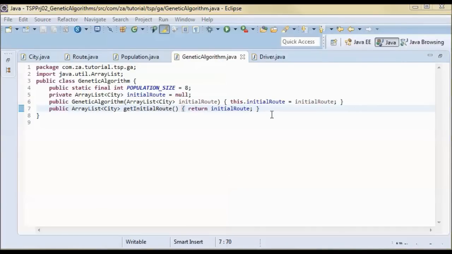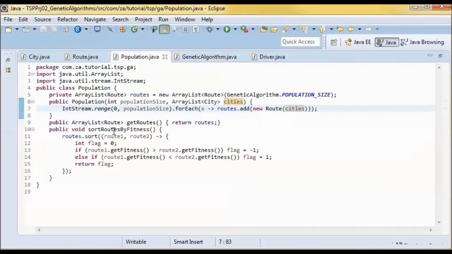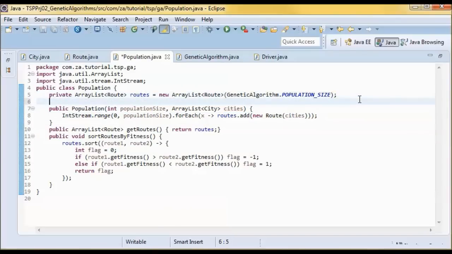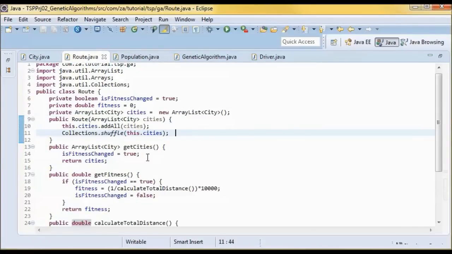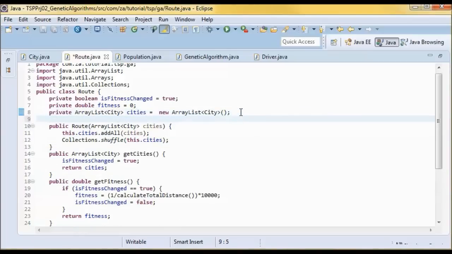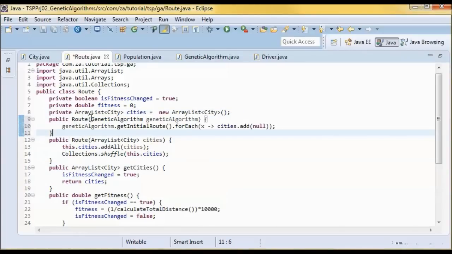And now going to the population class, I will have this constructor, and in the route class I will have this constructor that takes in a genetic algorithm, and here we're adding nulls to the cities array list.